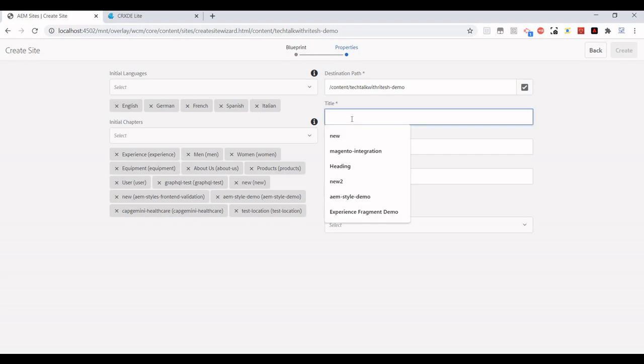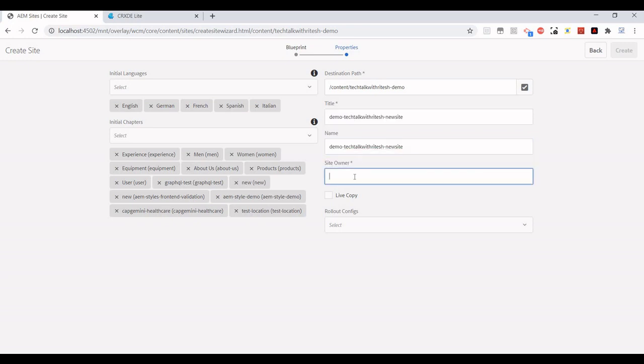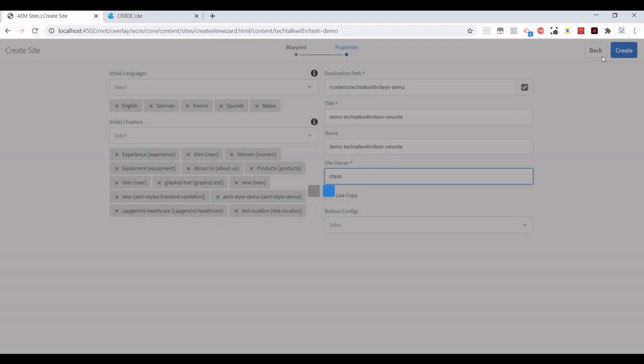Just give it a title. I will say demo, it's a new site. I'm just going to put the same thing in the title as well as in the name. Just give an owner, I will give my name here, and then click on create.